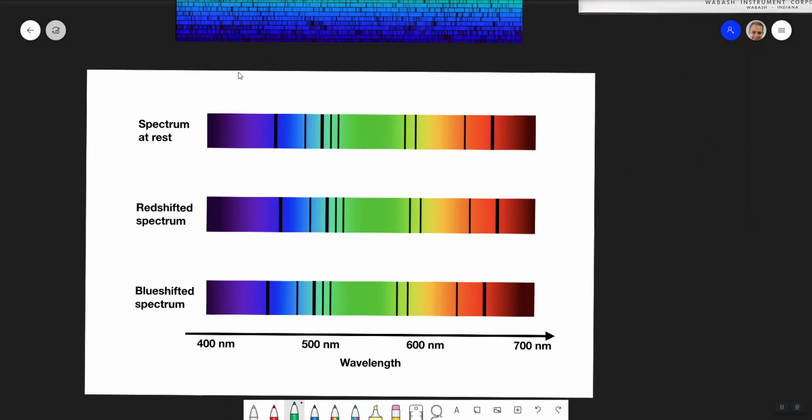If this is the rest, so this is the sun, we're not moving really that much from Earth to the sun, we can sit there and say, where have these lines gone? Have they all gone slightly that way? Have they moved towards the red end of the spectrum? If all these lines move in this direction, then we say this thing is redshifted. Now remember, this is the bigger wavelength end.